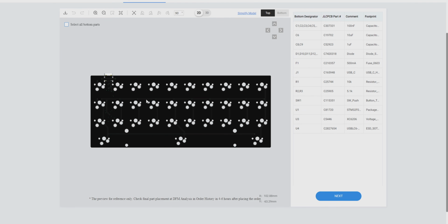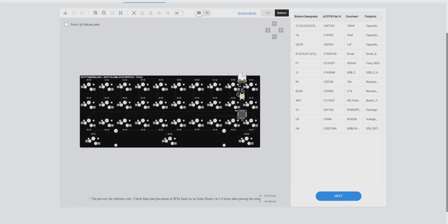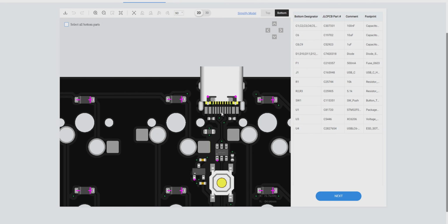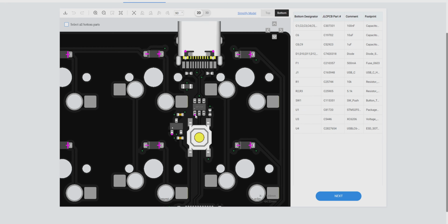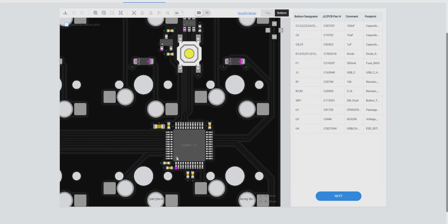This is where you can kind of get a preview of all the parts. So if we actually flip this over to the bottom, you can see here, it's a little touchy on the zoom here. The one part that never places right is a USB port. So what I always do is manually position this, but you can see everything else kind of positioned properly. We have like these little pink dots on these chips that have orientation that orients them right. So you're going to want to make sure that the way it positions these matches how